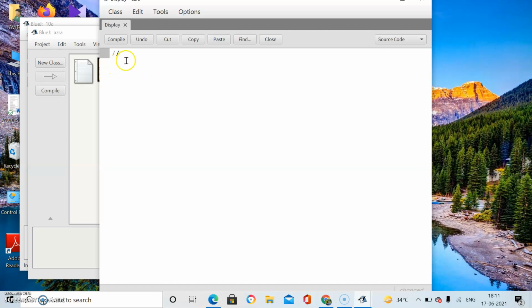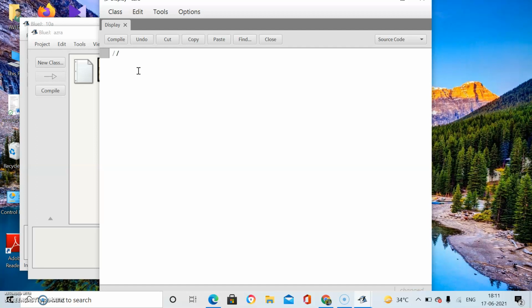This is the symbol for comments, the slash. I told you this is the symbol to insert a comment in your program. That will be ignored by the compiler at the time of compilation. Without using this symbol, if you write anything in your program, then your program will not work. You will get syntax errors. But the meaning of this symbol is predefined.